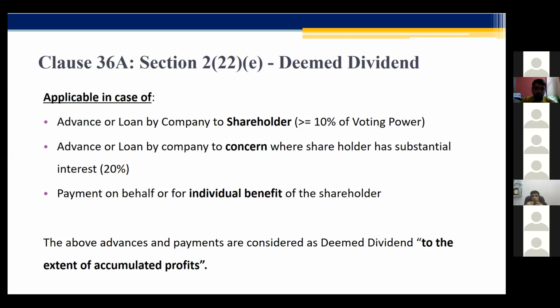So responsibility is cast upon auditors because deemed dividend has been violated, I am sure, for so many years, and none of the assessing officers have ever been able to locate it. But nowadays, it has become the flavor of the season. Whenever we go for the assessment, 22E has become the most important. When it becomes the flavor of the season, it casts much more obligation on the auditor to report it,